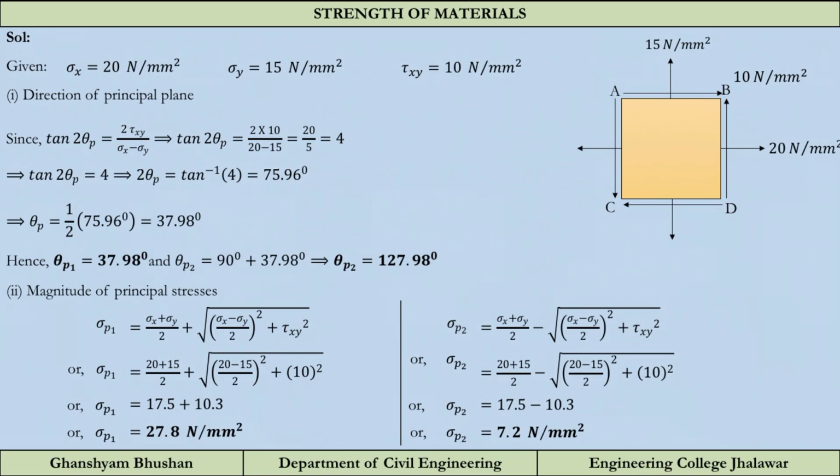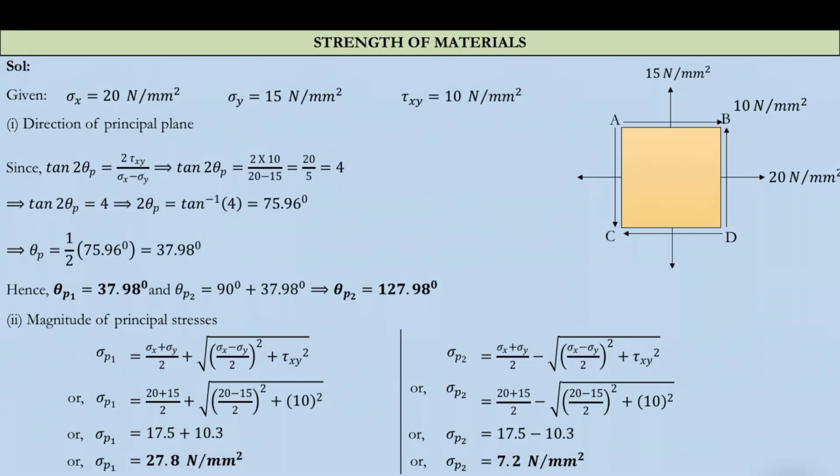Now first thing we want to do, we will calculate the angle. Okay, tan 2 theta p you can directly get from this equation, 2 tau xy upon sigma x minus sigma y. After putting the values, you will get tan 2 theta p is equal to 4, so you have to take the tan inverse and you will get 2 theta p is tan inverse 4, that is 75.96 degree, and theta p will be half of 75.96, that is 37.98 degree. So this is the first plane, and for the second plane we have to add 90 degree, so the second plane is